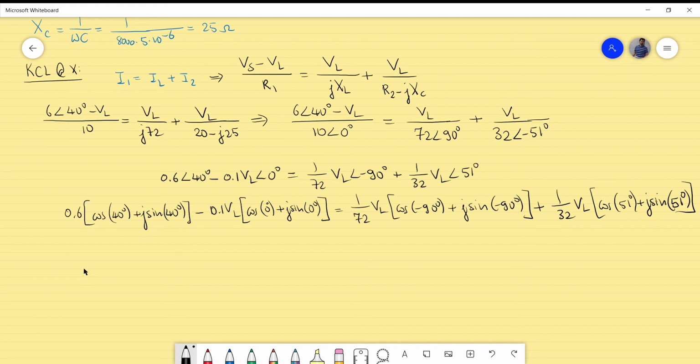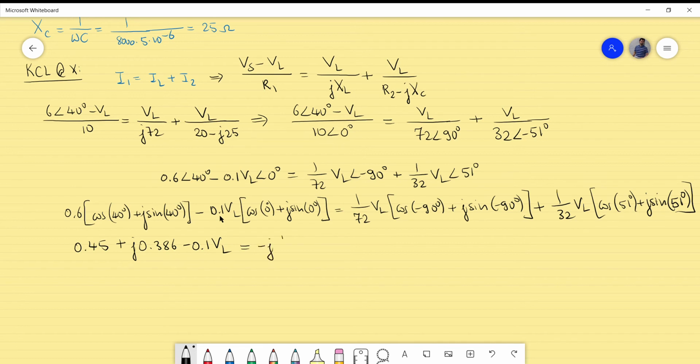you will have a reduced form of this expression. I will just give you the result, and I will again group all the VLs together. What I have is the following. I have 0.45 plus J 0.386 minus 0.1 times VL, which is equal to 1